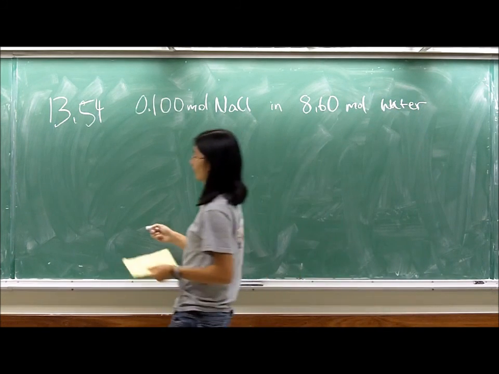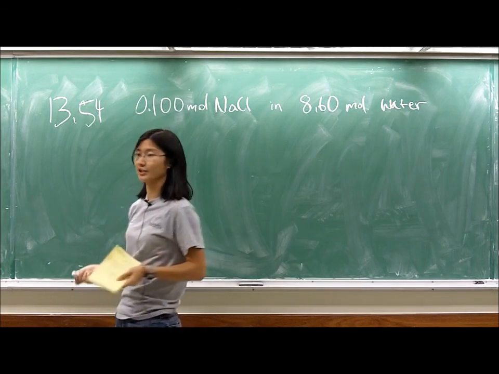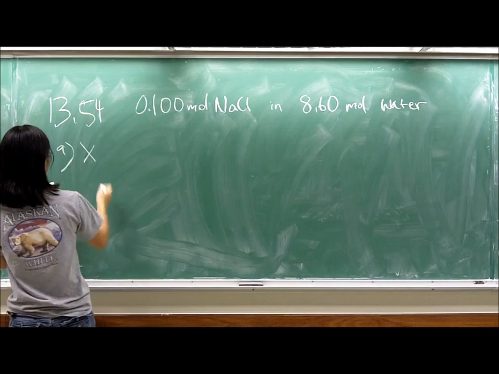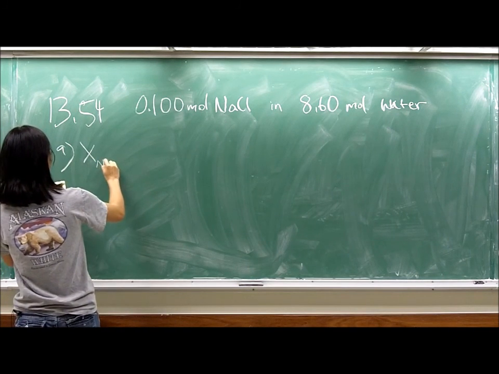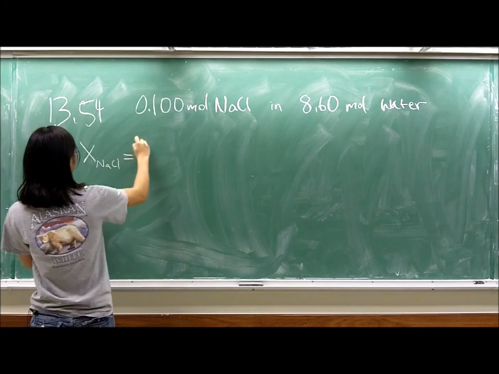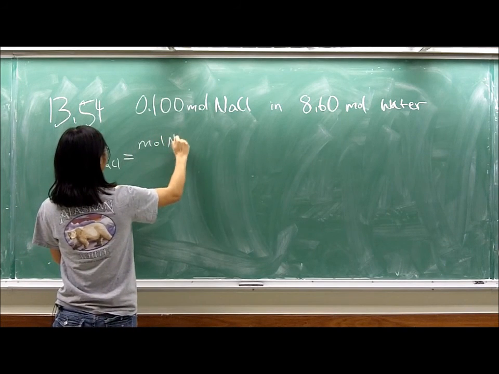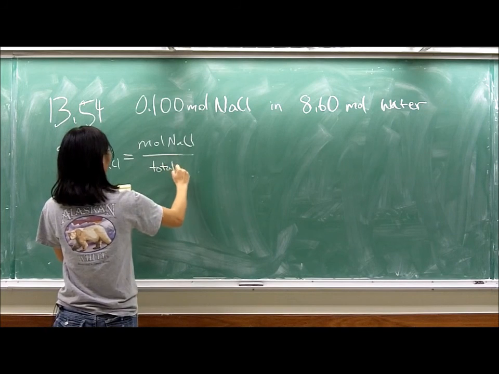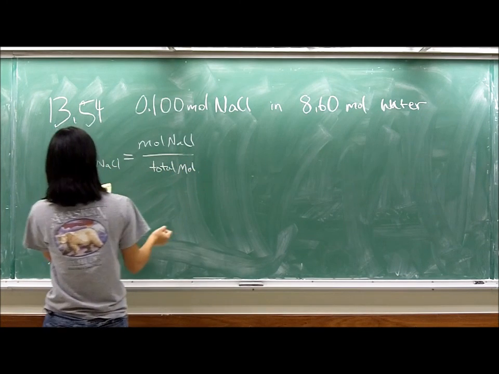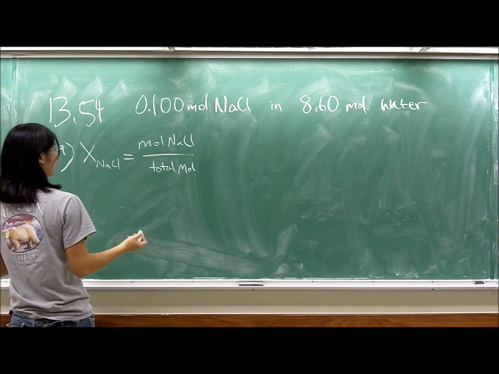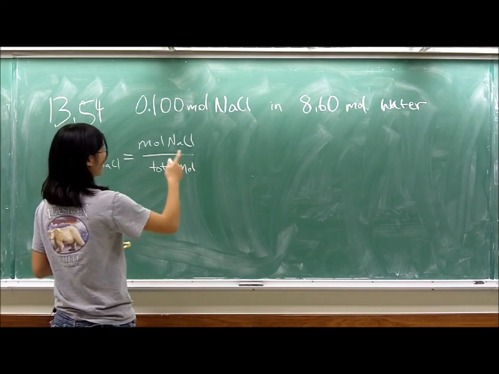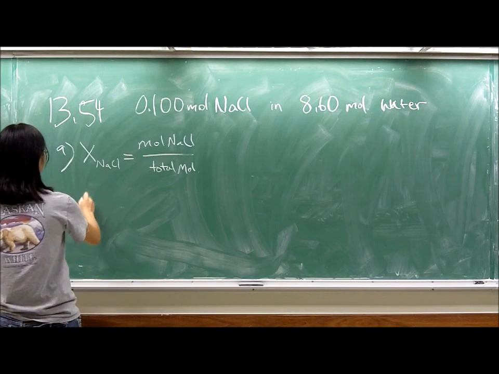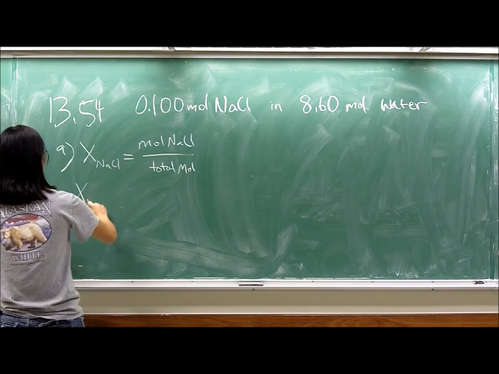For the first part, you want to find the mole fraction. The mole fraction is X. The mole fraction of NaCl is the moles of NaCl over the total moles. For this one, you're already given both substances in moles, so all you have to do is